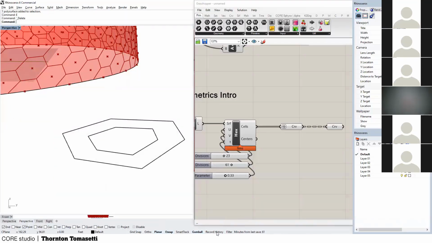If you use record history, this is the original Grasshopper. This is what Jamie Bratton started making. It was called explicit history, whereas it's the same concept. Whatever you've done in the past is still remembered and still flexible. So if record history is on and I do my loft,